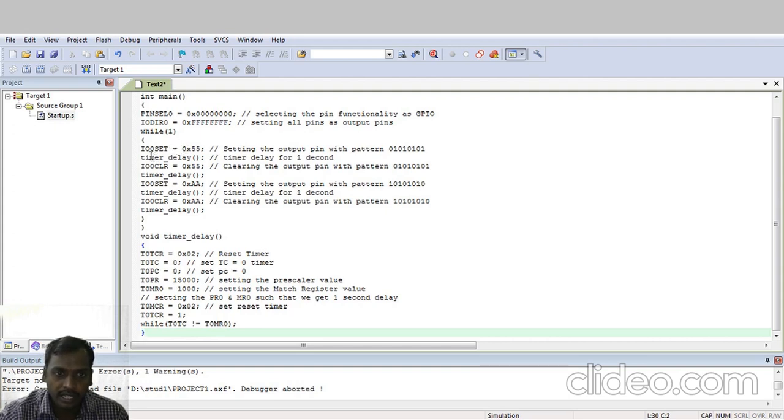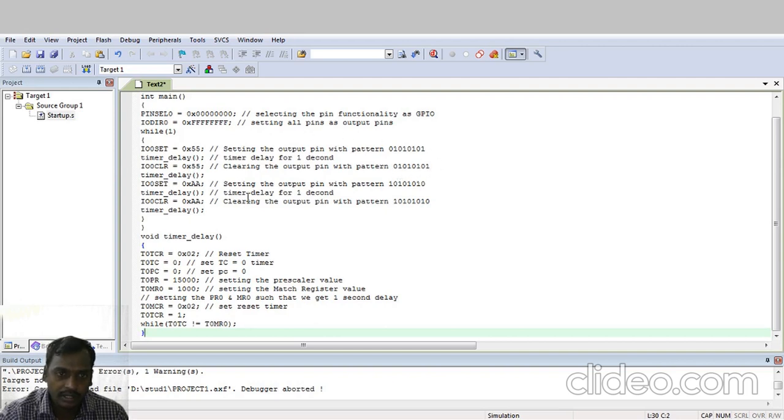Here IO0SET: we set the pattern 01 01 01 01. Then timer delay, with a time delay of 1 second. Then IO0CLR: here we clear the output pins with this hexadecimal value, which we can convert into 01 01 01 01.